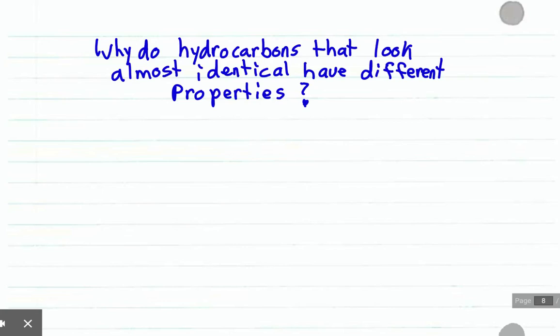All right, so we have done some looking at different kinds of hydrocarbons, and you have spent a little bit of time looking at various hydrocarbons and where they are used in society and what they are used for. And one of the things that I want to talk to you about is that the uses of hydrocarbons depends on their properties. So, for example, if we have methane,